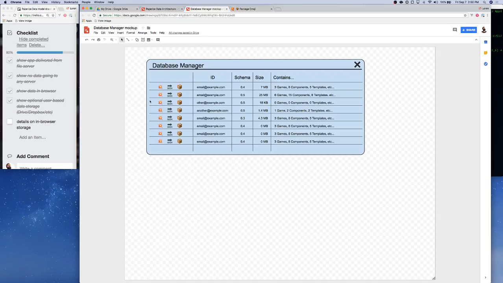But so the ID becomes very important. Well, a single ID can have many databases. So the root level of the Paperize record is